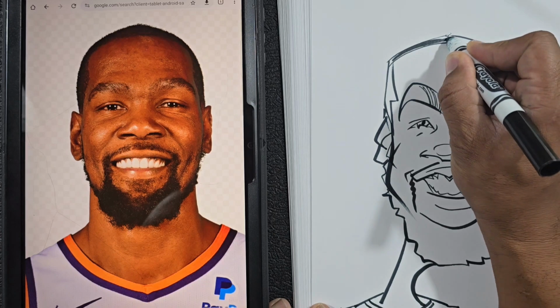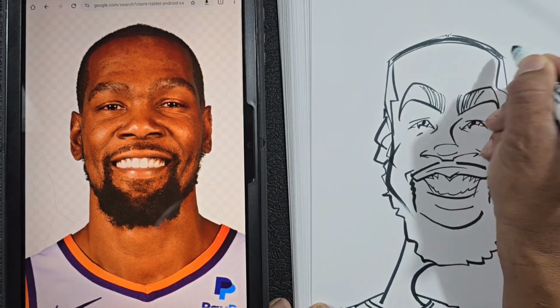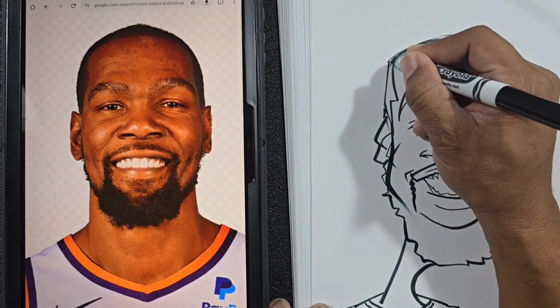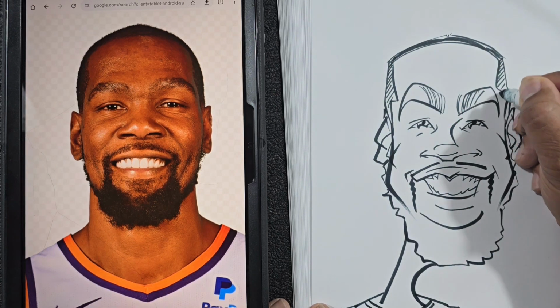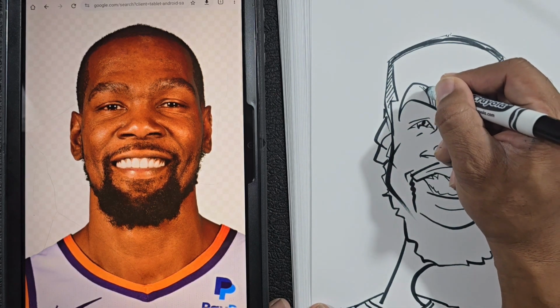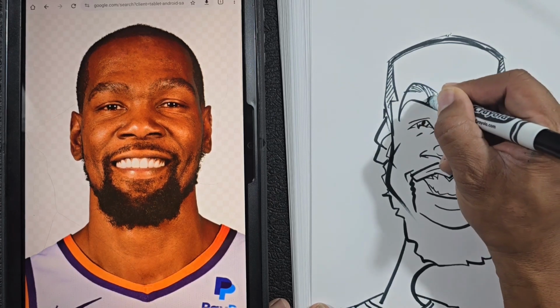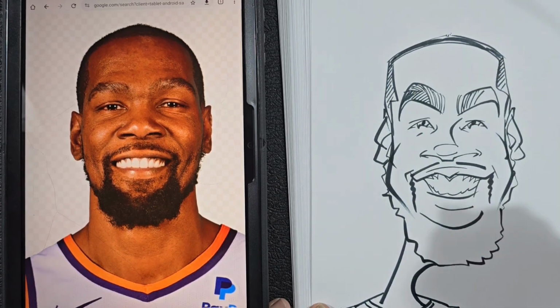All right, now we're going to add our darks to the picture. This is kind of where I just start adding contrast to the picture. That's a very powerful artist tool, to use contrast a lot, meaning that